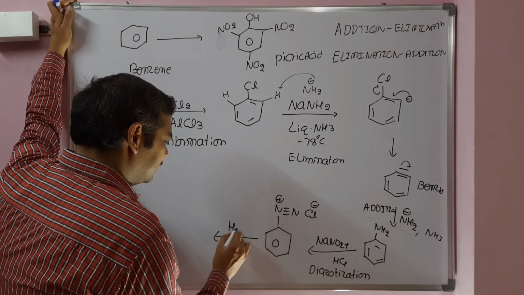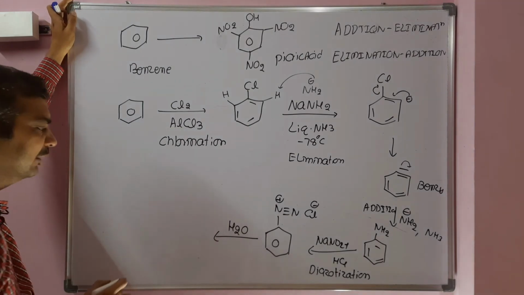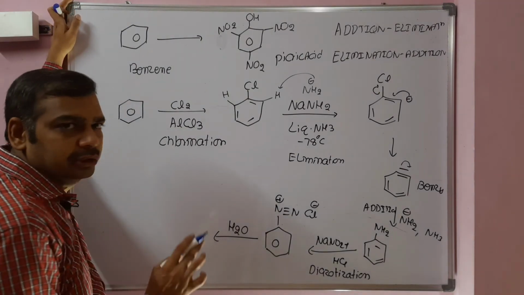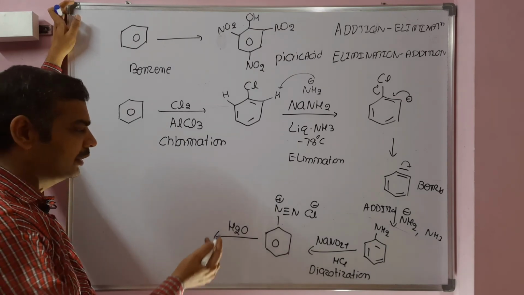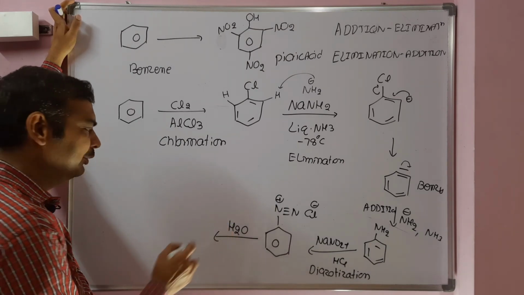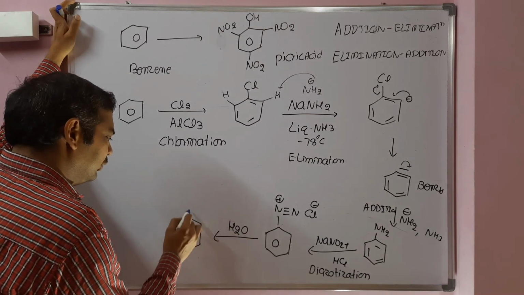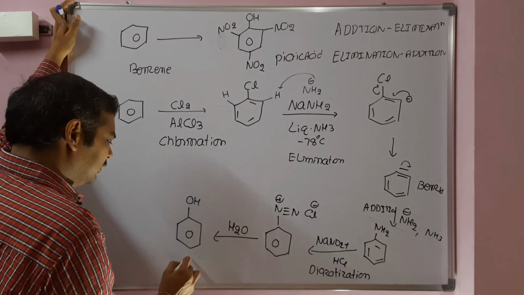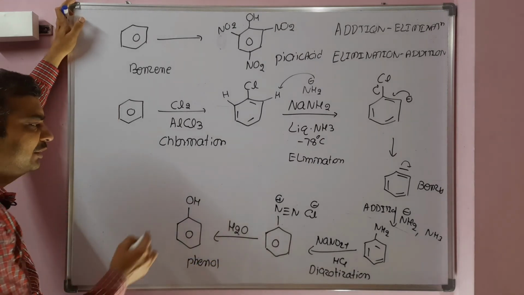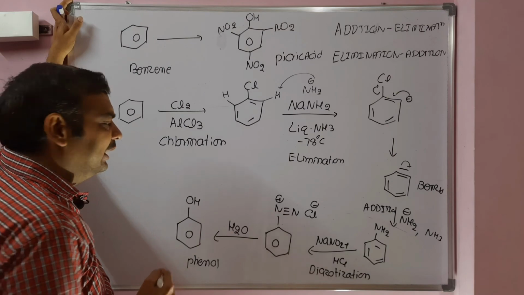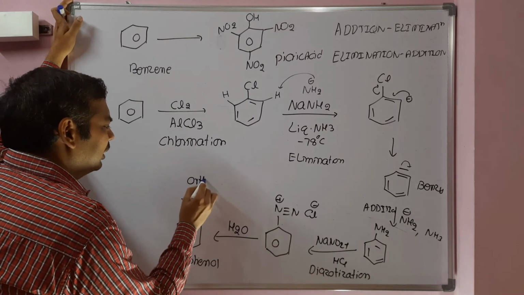After preparing benzene diazonium chloride, we react it with water, and we will get phenol. Here we can also use a copper catalyst, Cu2O. We can use either the copper catalyst in combination with water, or directly use water, to convert benzene diazonium chloride to phenol. Once phenol is obtained, it is very easy to prepare picric acid, because OH is an ortho para directing group.